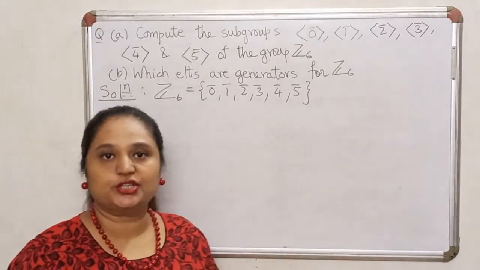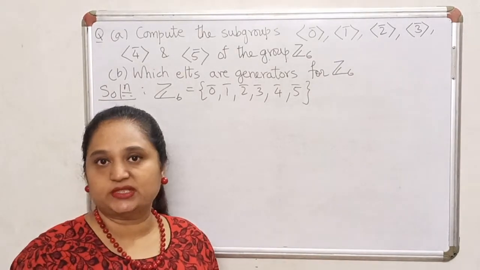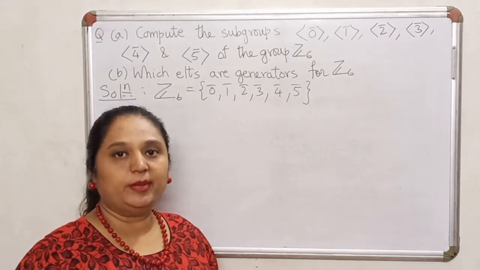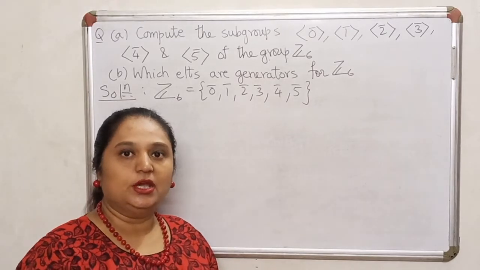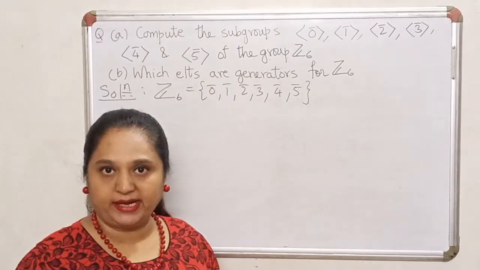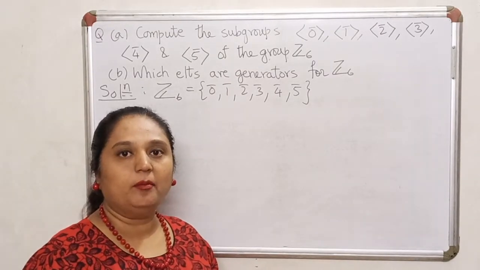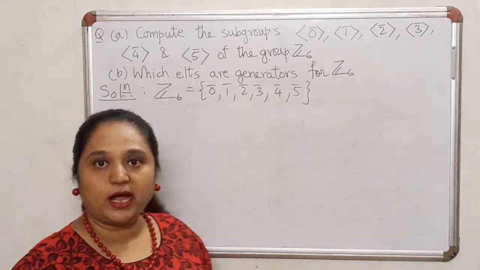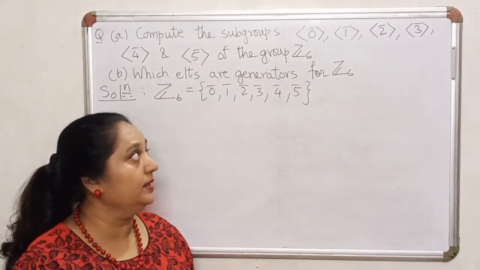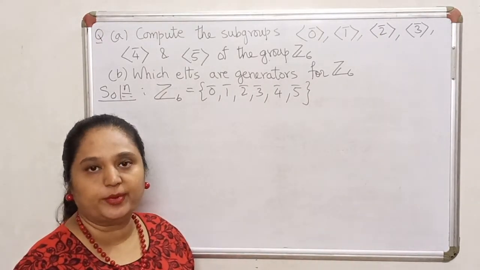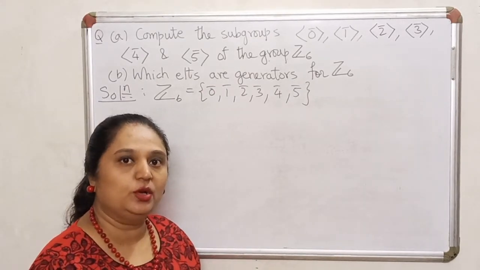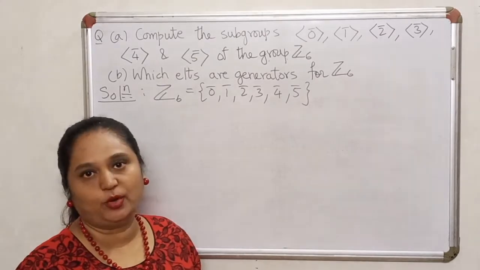When you are looking at cyclic subgroups, it's very important to know whether the group operation is addition or multiplication. Remember, if the group operation is multiplication, you take integral powers of the generator, and if the group operation is addition, then you need to take integral multiples of the generator. Now here, unfortunately, the group operation is not given to us, but it should not take you long to guess what the group operation on Z6 is. On Z6, we have seen only 2 operations, addition modulo 6 and multiplication modulo 6.